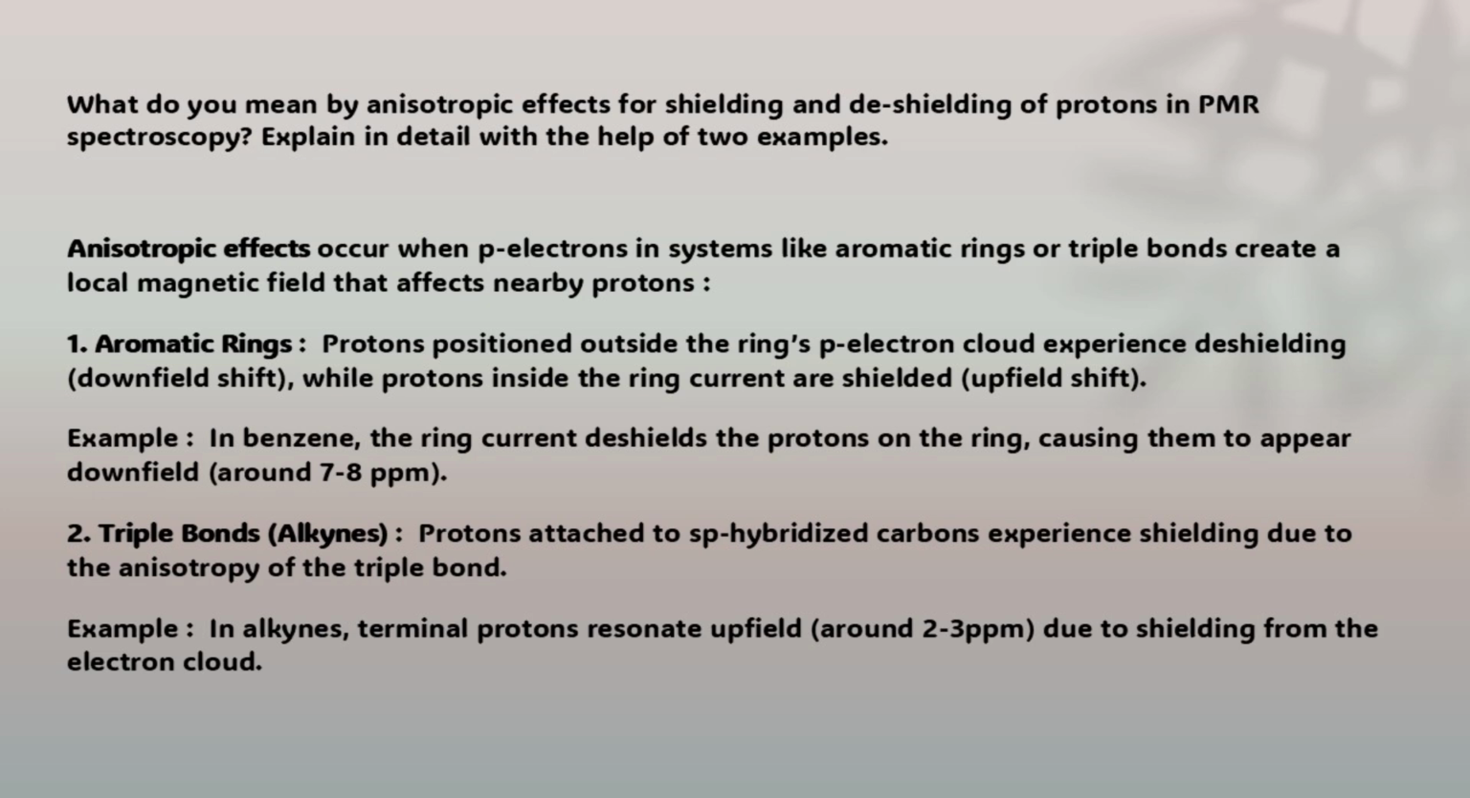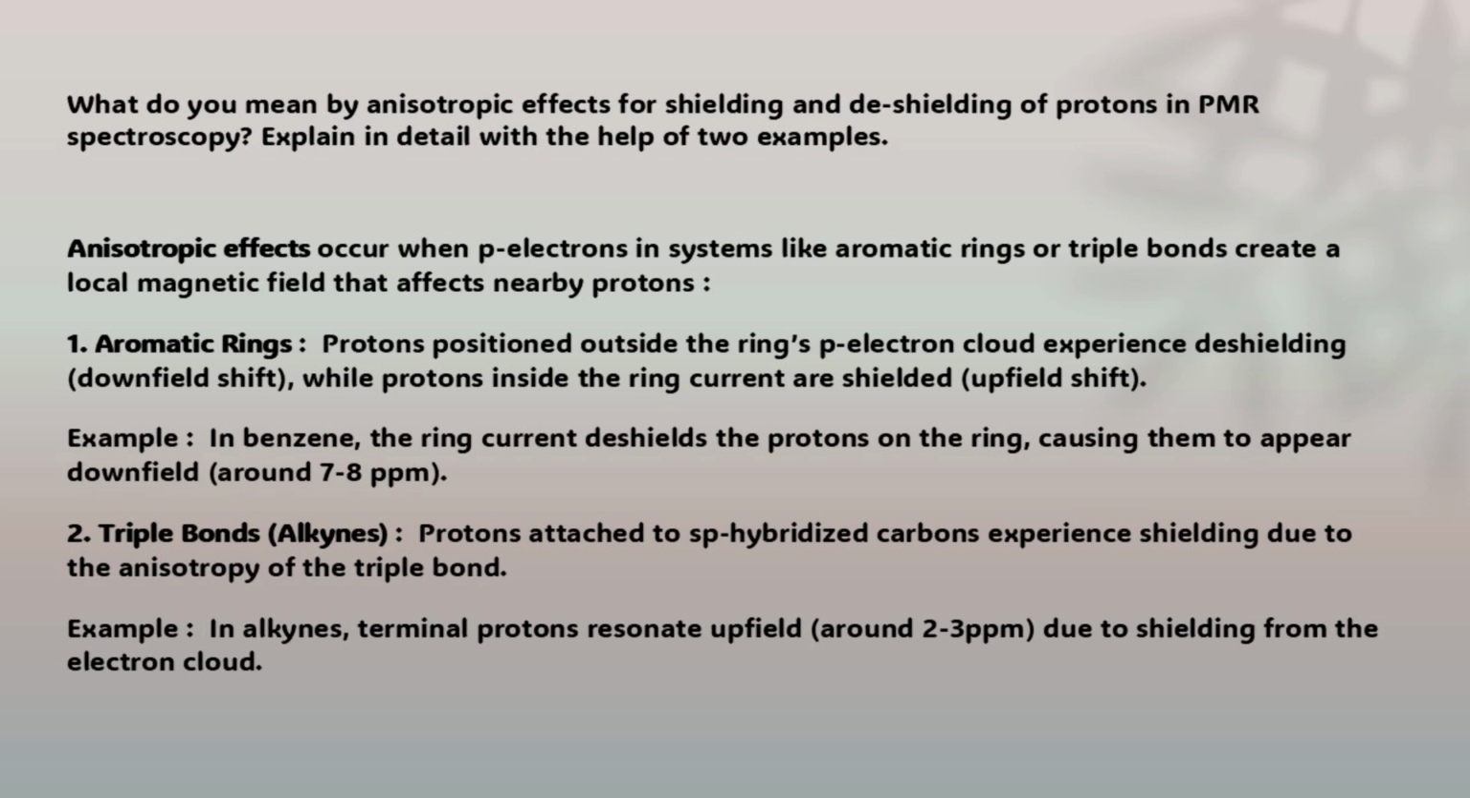1. Aromatic rings: protons positioned outside the ring's p-electron cloud experience deshielding, a downfield shift, while protons inside the ring current are shielded, an upfield shift. Example: in benzene, the ring current deshields the protons on the ring, causing them to appear downfield, around 7 to